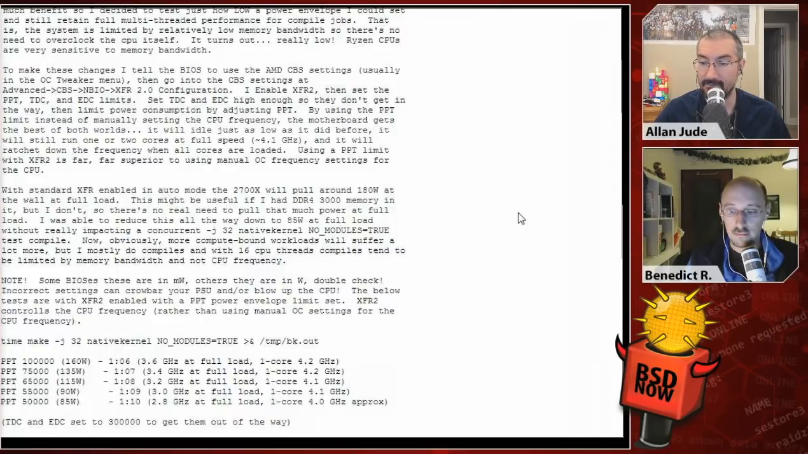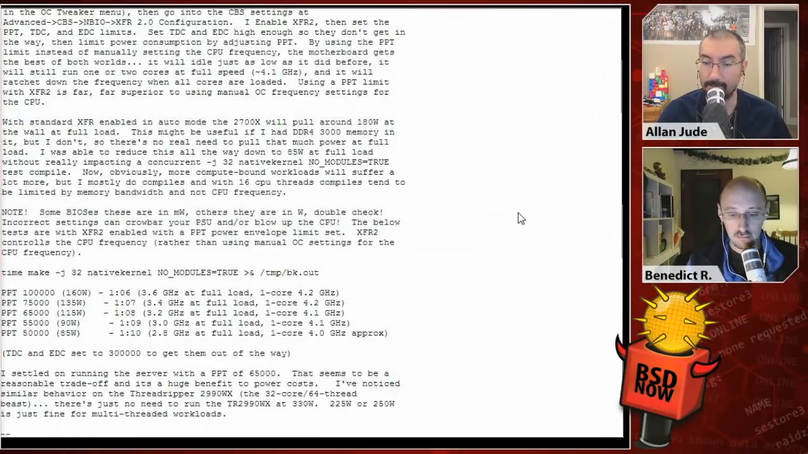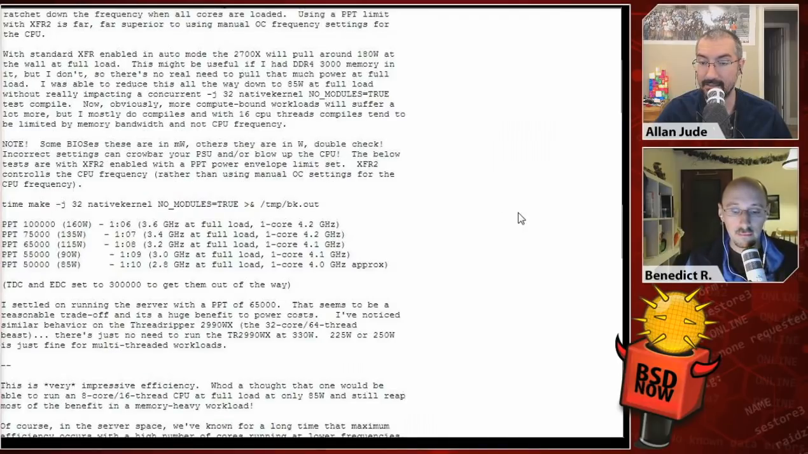It will idle just as low as it did before. It will still run 1 or 2 of the cores at full speed, like 4.1 gigahertz, and it will ratchet down the frequency when all cores are loaded. Using a PPT limit with XFR2 is far, far superior to manually overclocking the CPU. With standard XFR enabled in auto mode, the 2700X will pull around 180 watts from the wall at full load. This might be useful if I had DDR4 3 gigahertz memory, but I only have 2133, so there's no real need to pull that much